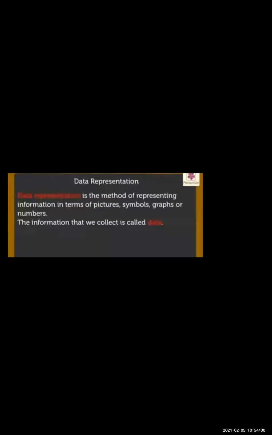Everyone understood this image which I'm going to show you? Clear, everyone? What is data? Whatever information is with you related to that representation, related to that pictograph, related to that graph, that information we call the data. Now I'm going to show you the next example. It's related to the pictograph. Just a second, students.